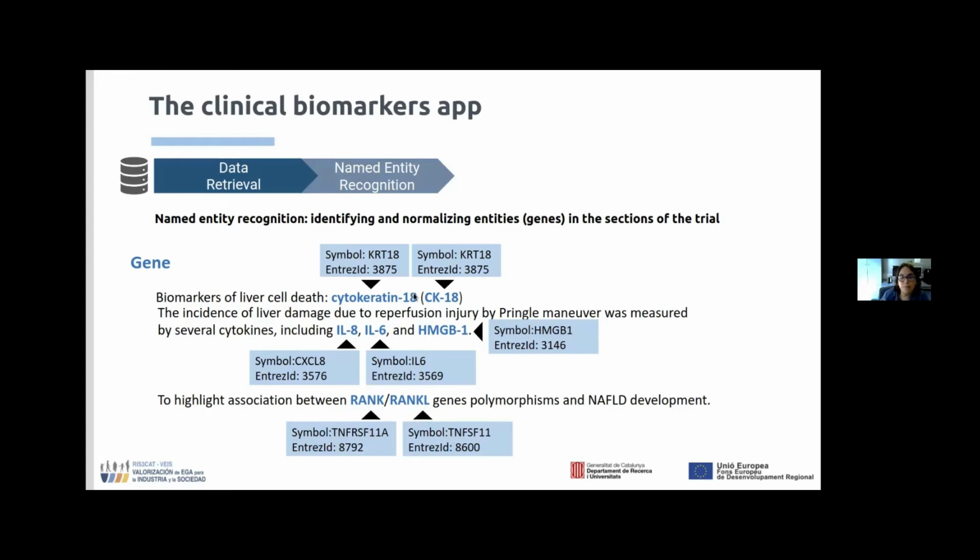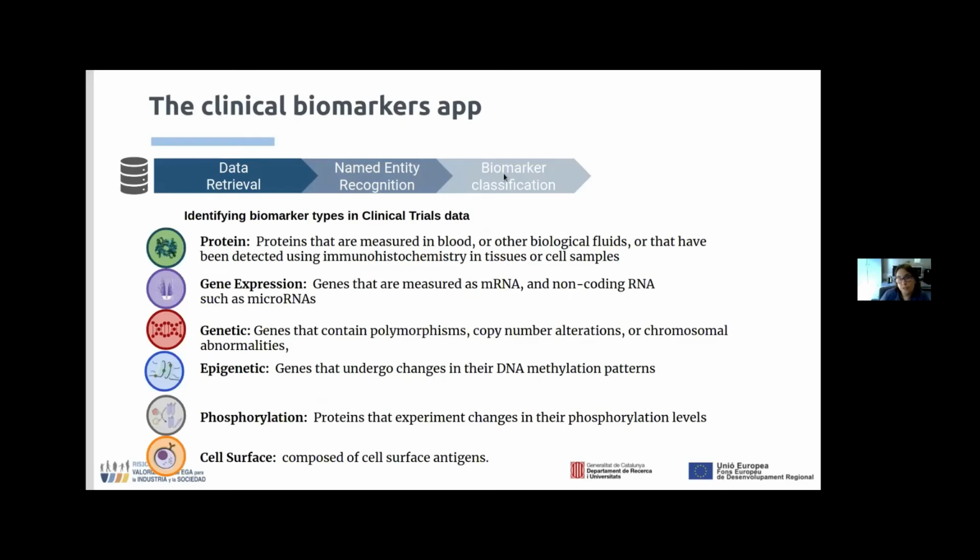But then notice that these are nicer examples because they mention the disease, but many of them do not mention the disease. Again, we are not doing disease recognition in this step, only for the genes. Then in a third step, we train different classifiers using a random forest, so simple traditional machine learning approaches, to